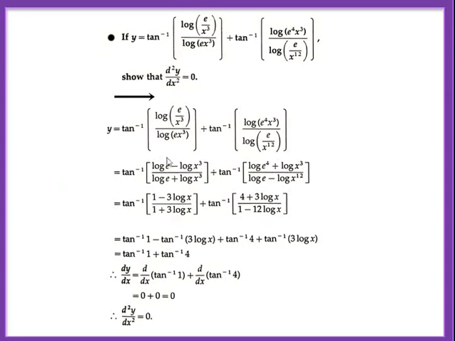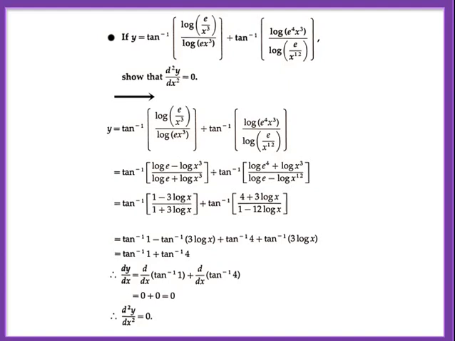So this is what: log e minus log of x cube and so on. Basically log of m upon n is log m minus log n, and log mn is log m plus log n. You will notice that instead of log e, I have written its value, which is 1. What is log of m raised to n? n log m. Is that clear?